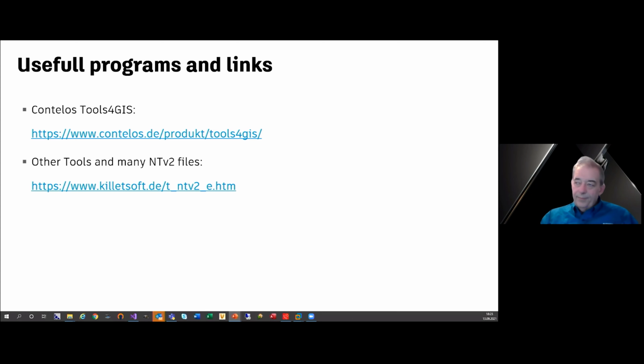Or otherwise, the company Killetsoft has also some tools for NTV2 files, and they also have a library covering the whole world. So have a look there, and you will find the files to use with Civil 3D.